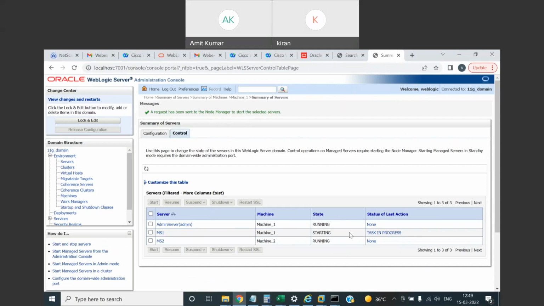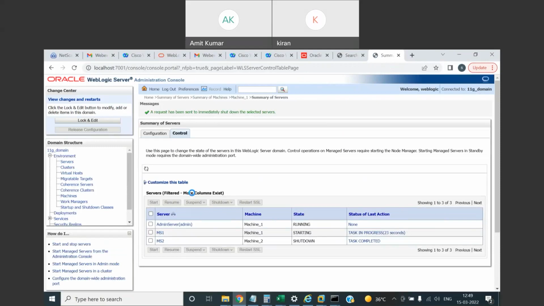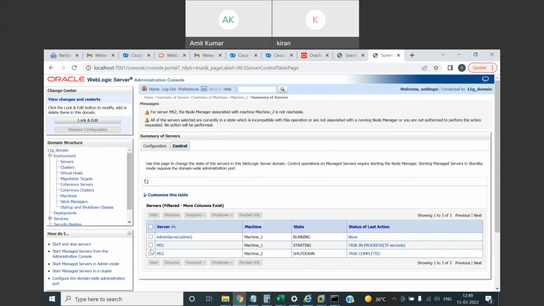Can you try to shut down and start manage server 2? Shutdown will work, but starting should fail. Why like that? We have configured only one node manager. Yes, because we have told that manage server 2 is running on machine 2, and on machine 2, the node manager port was 5557, something like that. Let's see what it is going to say. So you can see it is not reachable. That is why you are not able to start manage server 2 if the node manager is not up and running. So we have to start another node manager, but for now, what we will do,